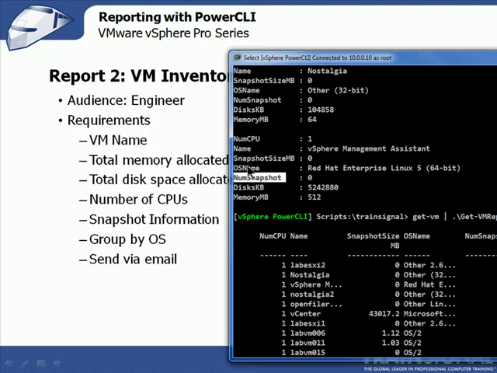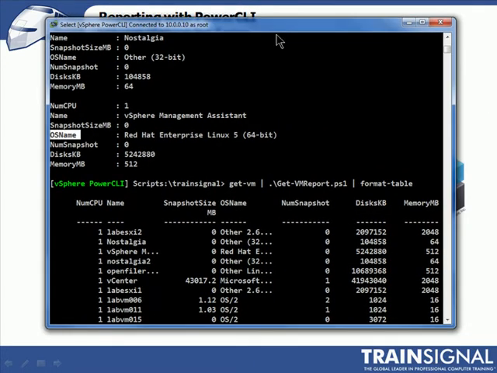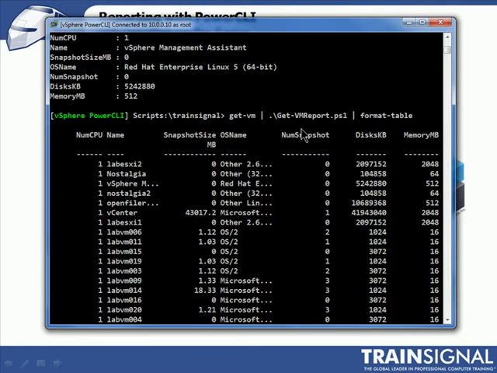And operating system is right here, but we haven't grouped anything. And then send via email. So the last thing to do is to group this by operating system and then try to send it out in an email. So let's see what we can do with group. First, let me show you